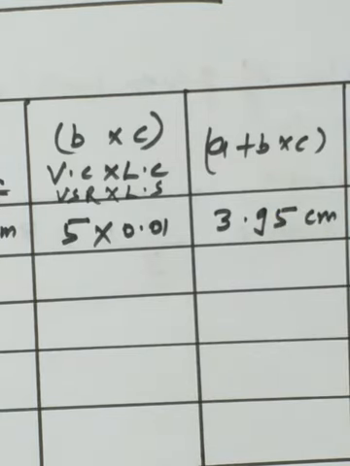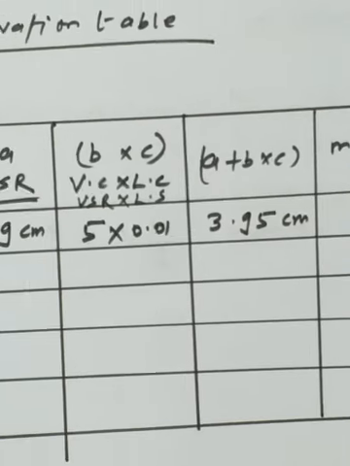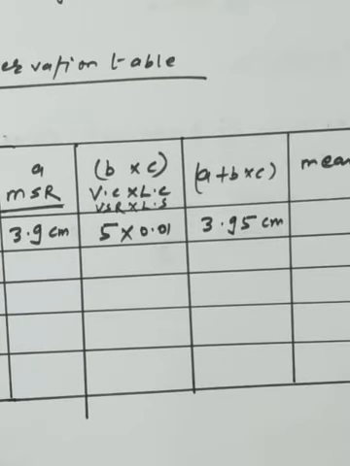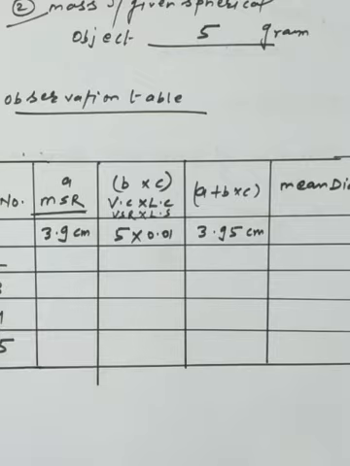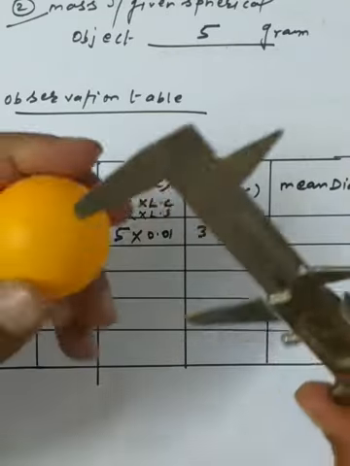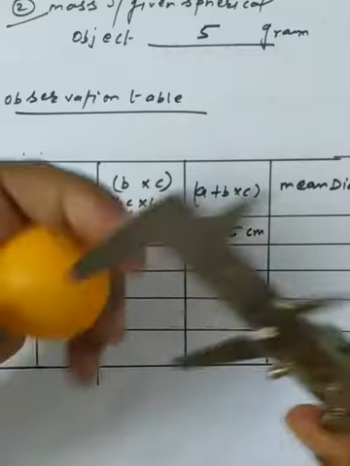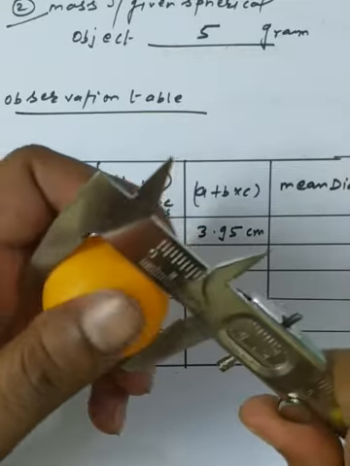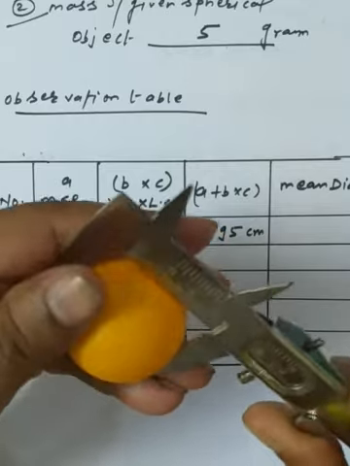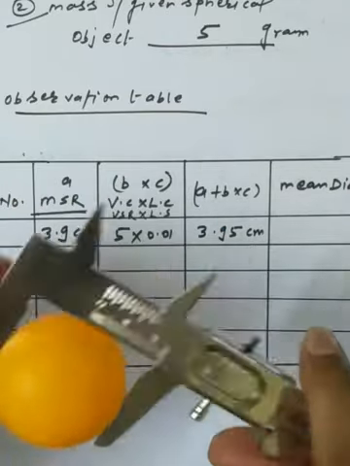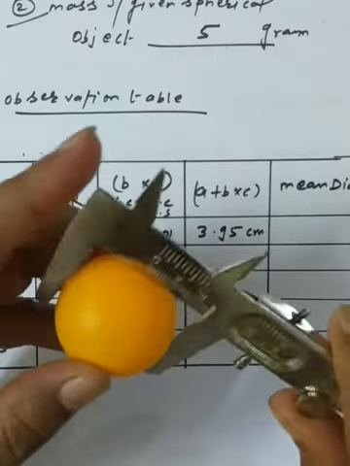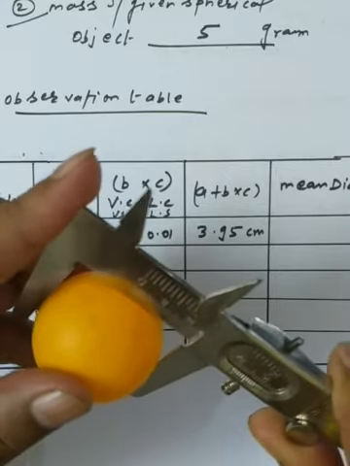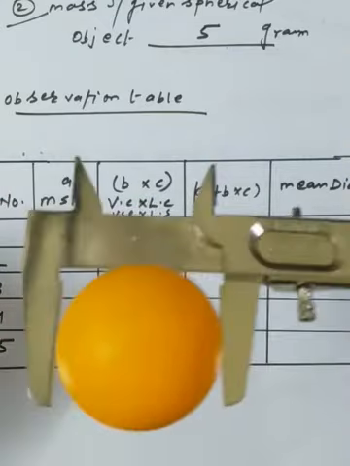Okay, and so on, I have to take another reading in a similar manner. I am keeping it in front of you. Now I make a little dislocation of the jaws and further approach the jaws on the ball. You need not push the vernier calipers with high pressure, otherwise the ball will shrink or crumble. So gently you must put the jaws of the vernier calipers around the ball. Easily it will stick in the jaws.